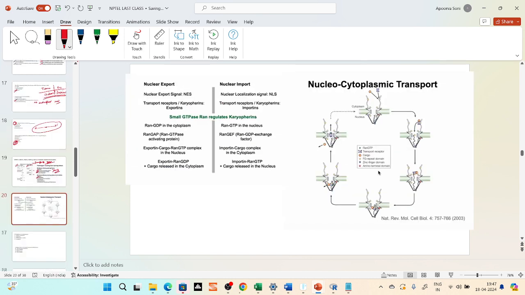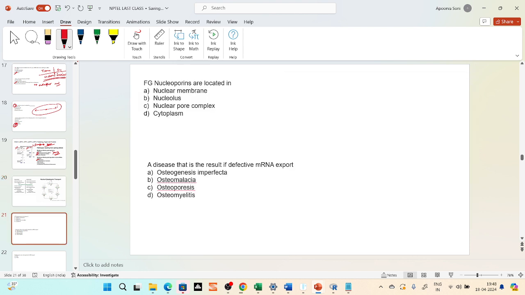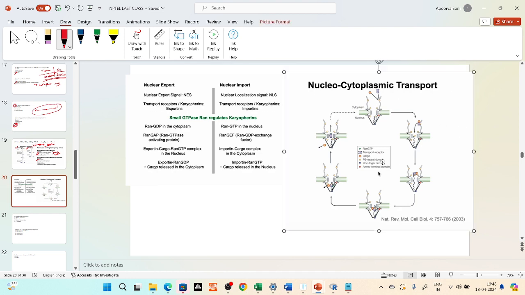Okay, so whatever I am marking, these are important ones. Fine. Then we have also studied the difference between nuclear import and nuclear export and the involvement of RAN GTP, etc., and the cytoplasmic transport, how it takes place, the various mechanisms. This is all we have studied, just to recapitulate what we have studied in these classes. So FG nucleoproteins are located in the nuclear membrane, nucleolus, nuclear pore complex, or cytoplasm. Where are they located? You can see here in this photo. This is a nuclear